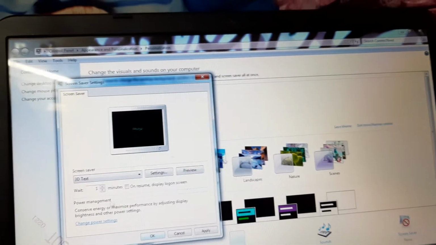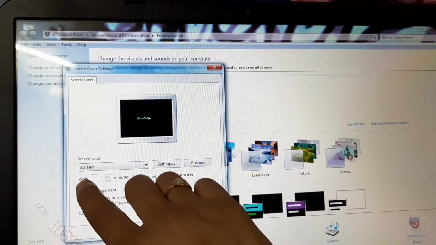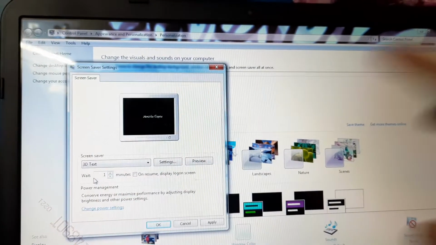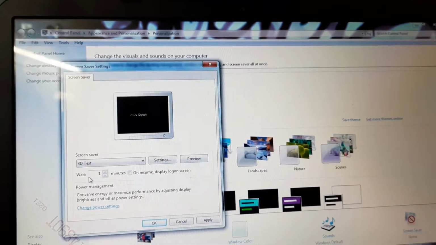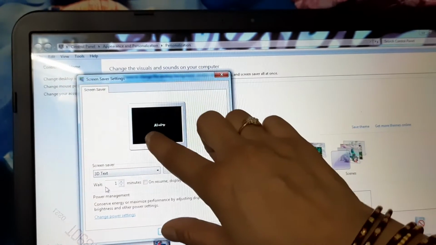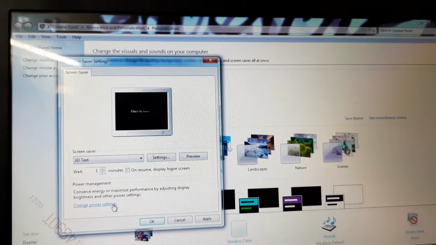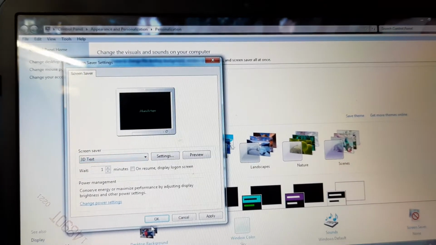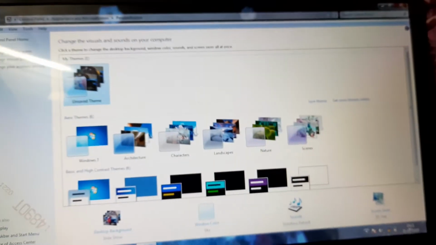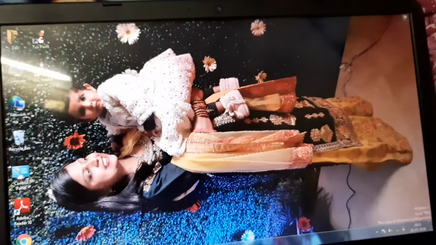I have put the waiting time as 1 minute. After 1 minute, when my computer remains idle for 1 minute, the screensaver of my name will display on the computer. Let's do it. Just wait for 1 minute.